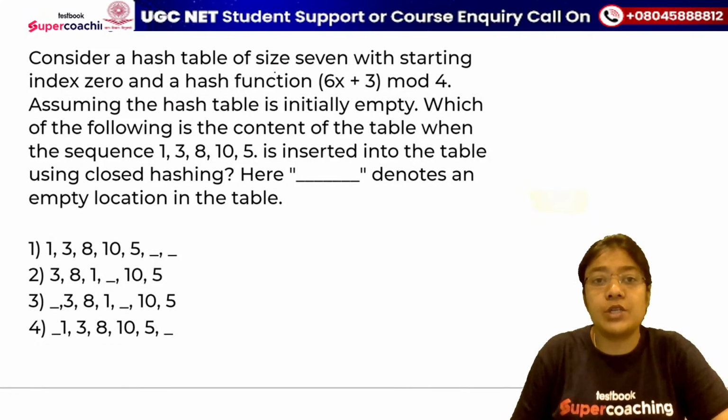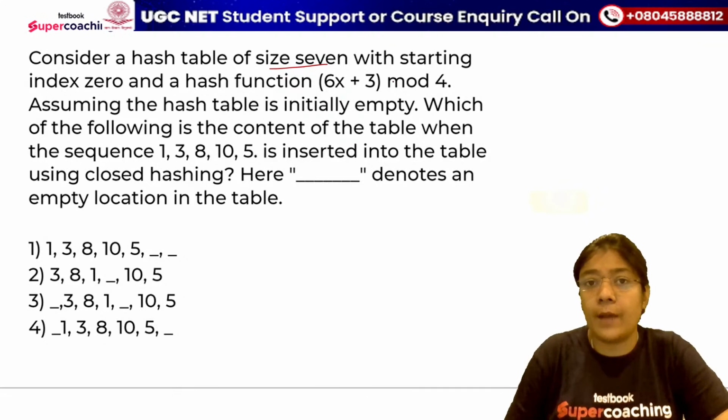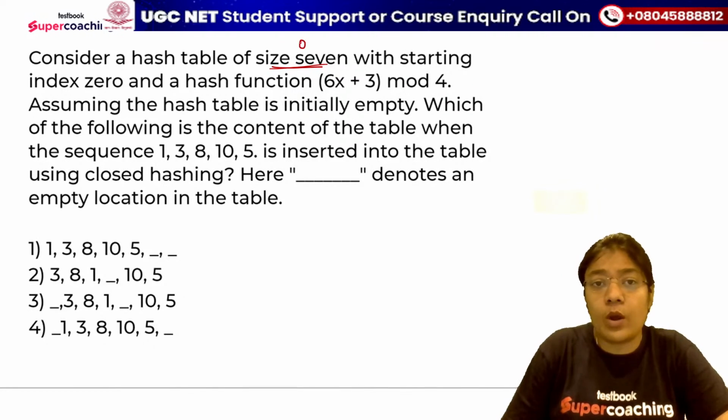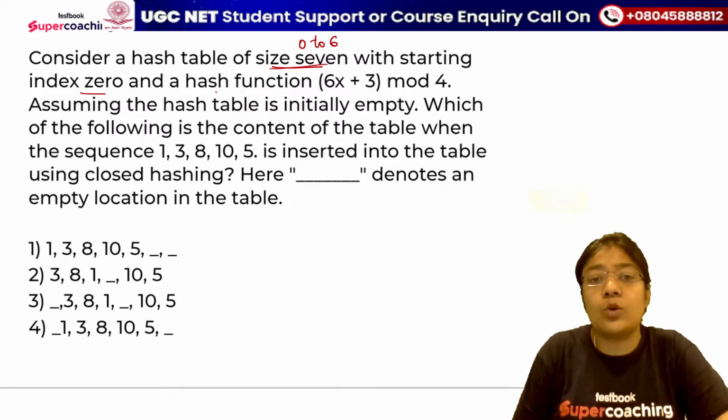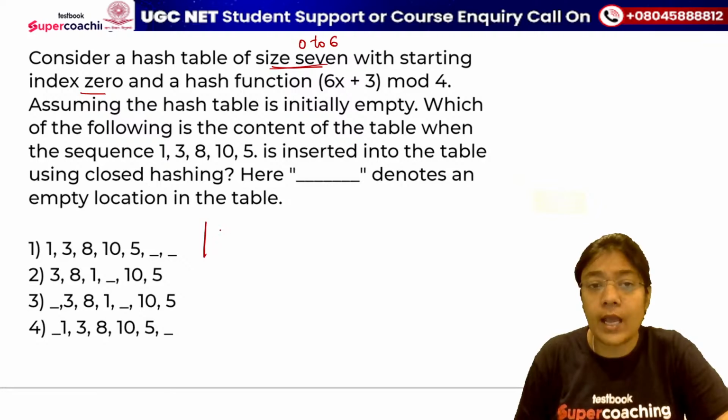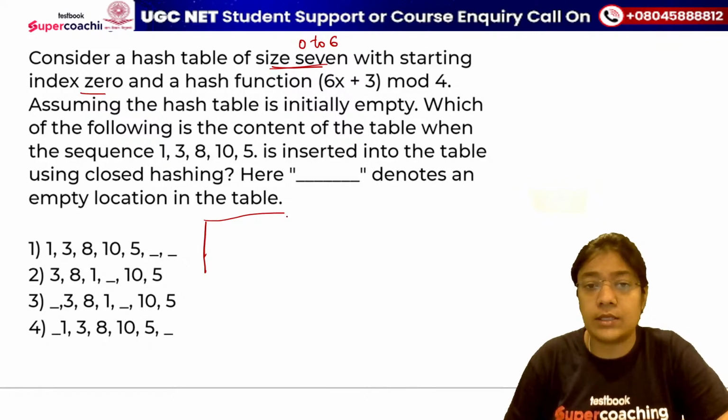Consider a hash table of size 7. You are given a hash table of size 7. That means what will be the range of index? It will be 0 to 6. So the available locations will be 0 to 6 with starting index 0, and a hash function is given to you. So if I make the hash table here with the size 7,